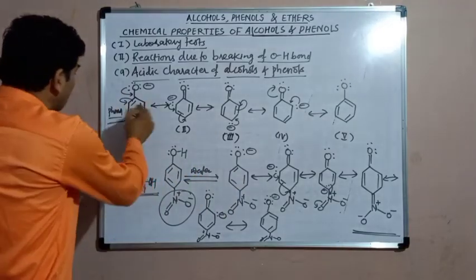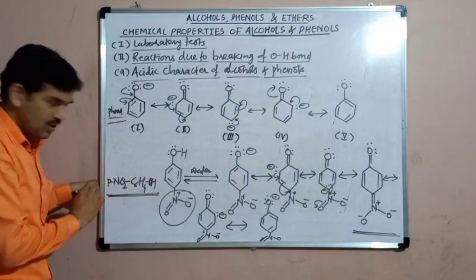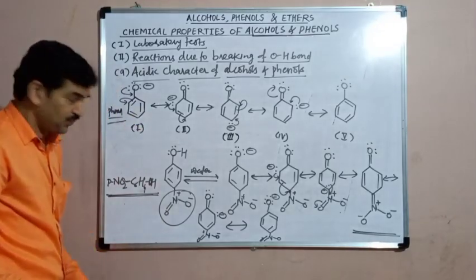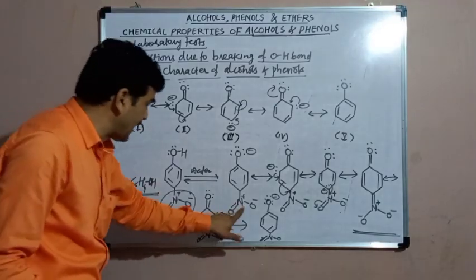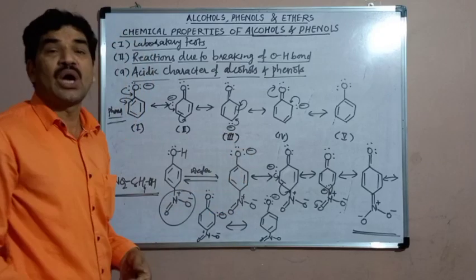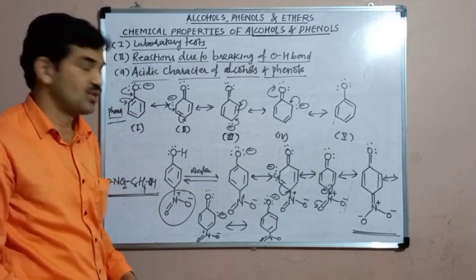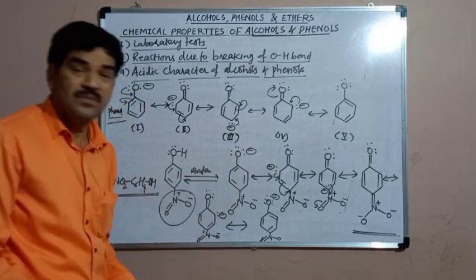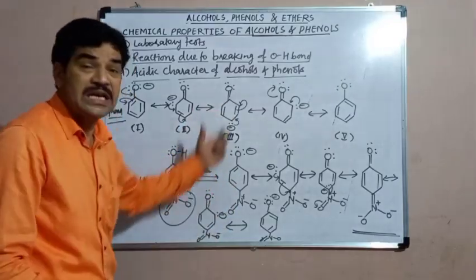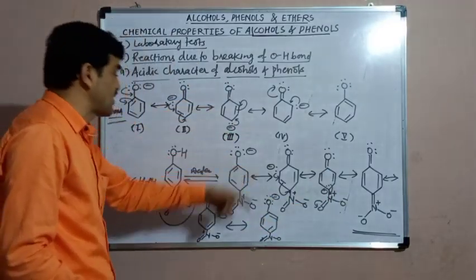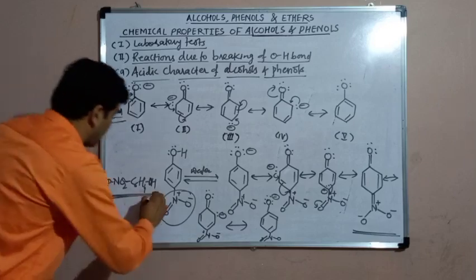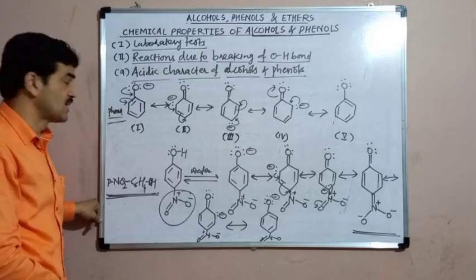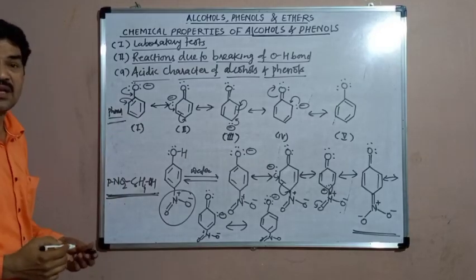Secondly, in phenol there is no presence of any electron withdrawing group. But in para-nitrophenol there is the nitro group, which is an electron withdrawing group. Due to the presence of this electron withdrawing group at the para position, the negative charge on the oxygen atom gets diminished. Due to the decrease in the magnitude of negative charge on the oxygen atom, the stability of the phenoxide ion increases. Because of this increase in stability, para-nitrophenol has more tendency as compared to phenol to undergo ionization, and therefore its acidic nature is more than phenol.